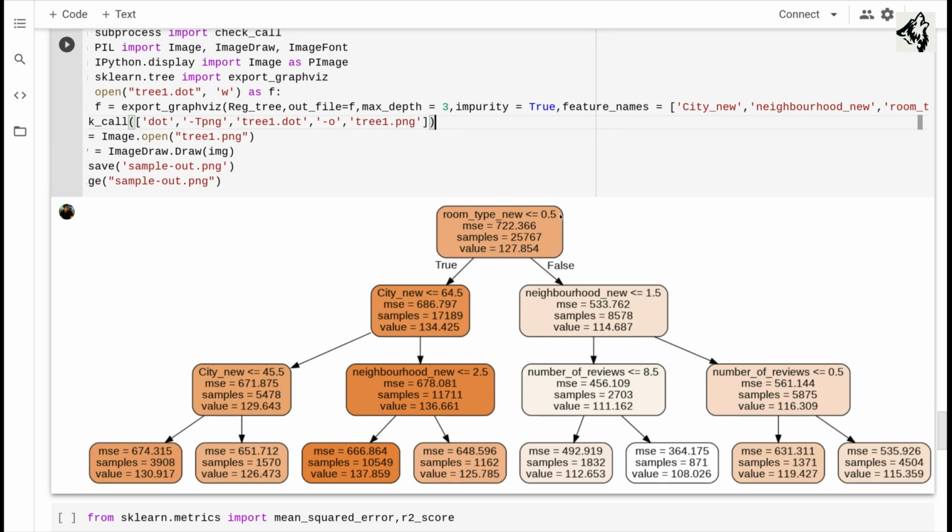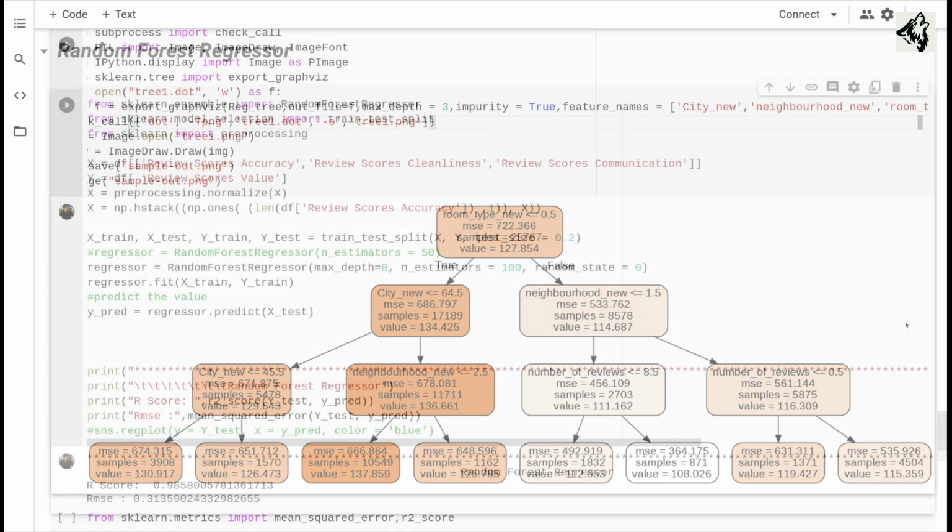You can see that it's split into two, and after further computation we get different price values under different conditions. Here you can see that we get an average value of $137, which is shaded in a darker color, which is the highest among the leaf nodes.